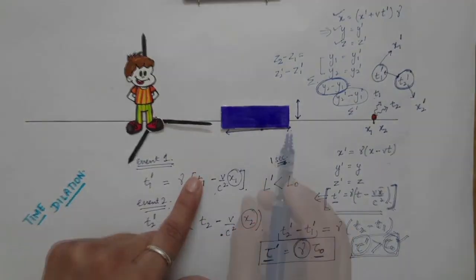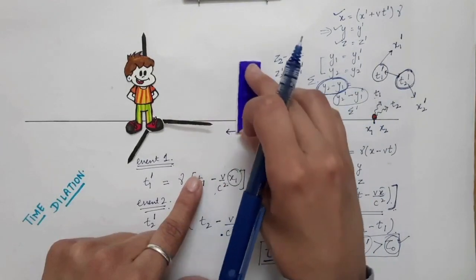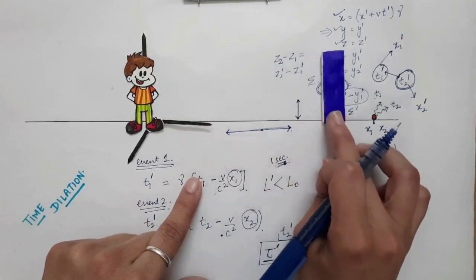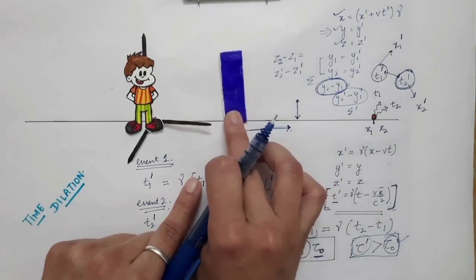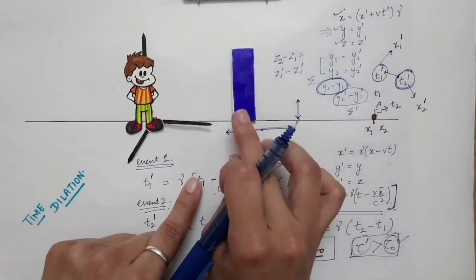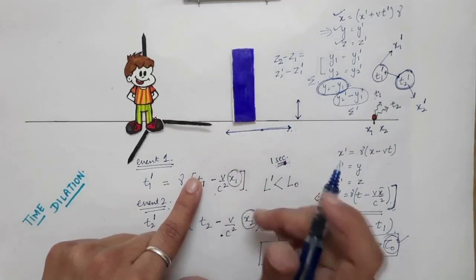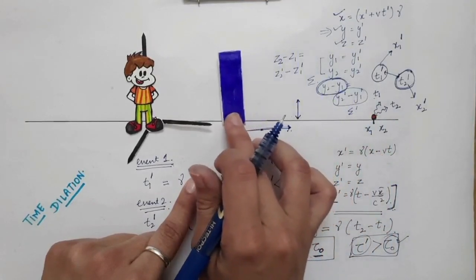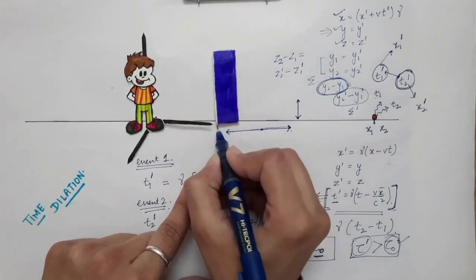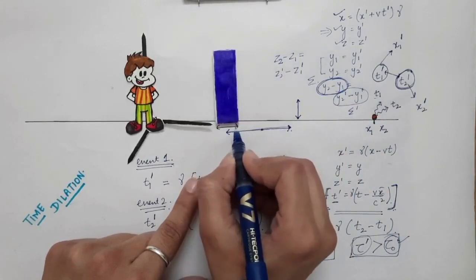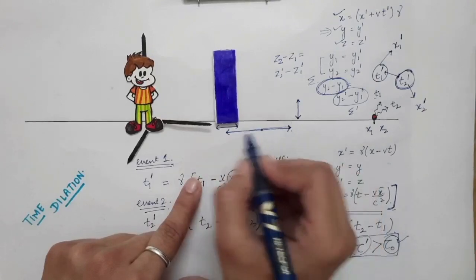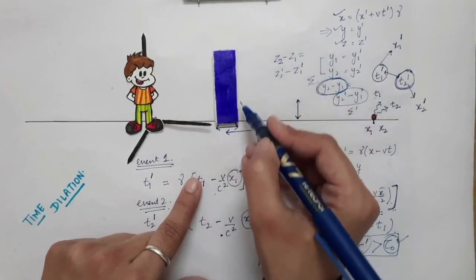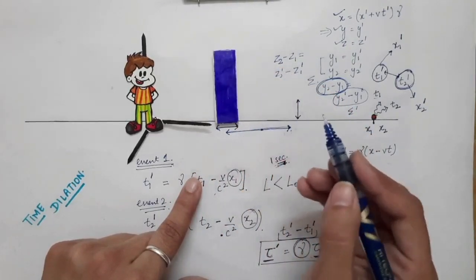Let's say now the object is placed in this manner. The object is now moving in the same direction, but the orientation of the object has been changed. So when the object is moving along this axis, this length will get contracted because this length of the object is along the velocity of the object. This length will get contracted by a factor of gamma, whereas this length, which is along the y-axis, will remain the same.